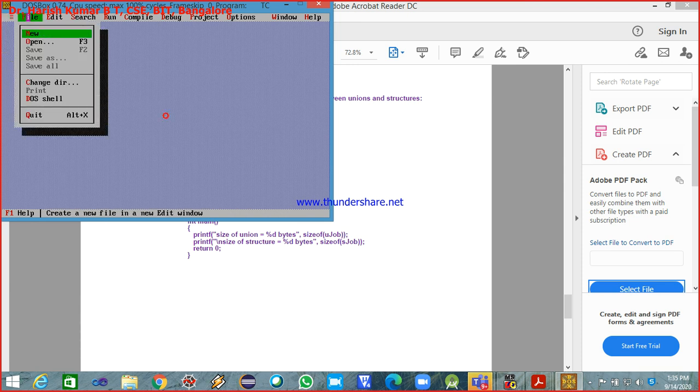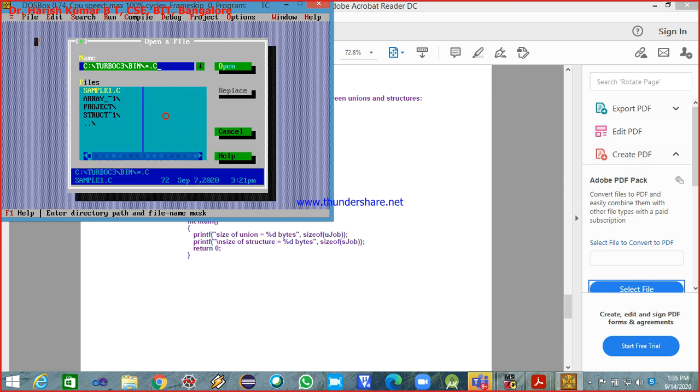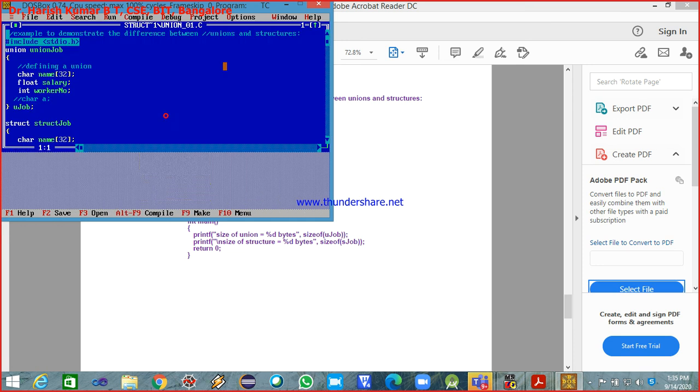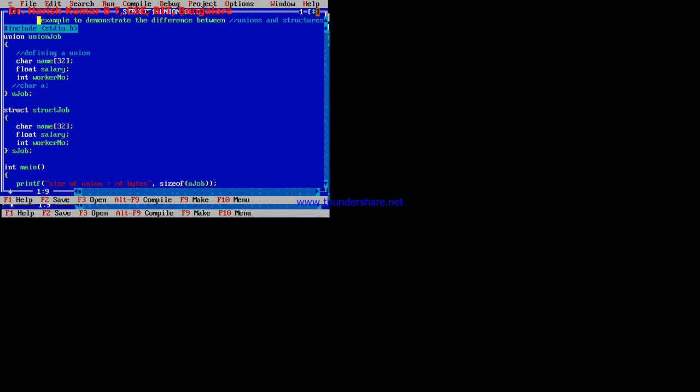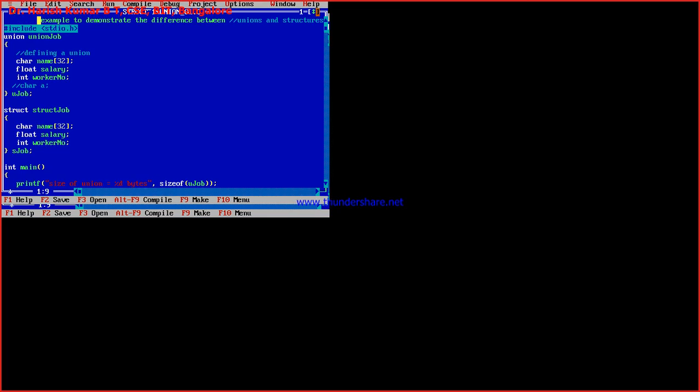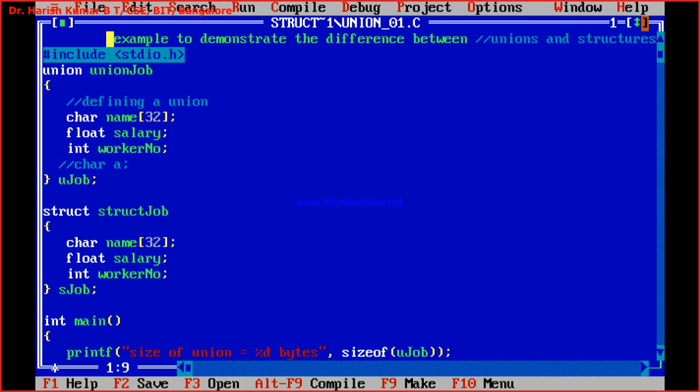I'll open that program. I have a separate folder now, structure and union. So union1.c. I'll make it bigger. The same program which I explained to you now.